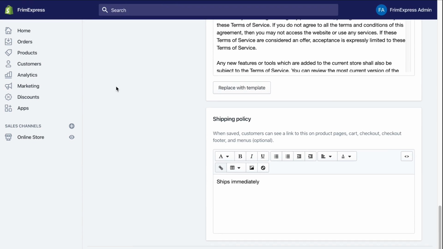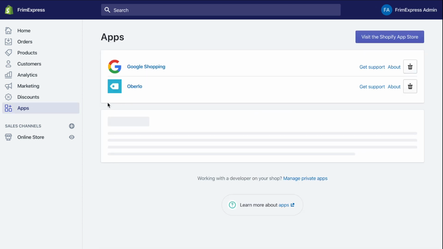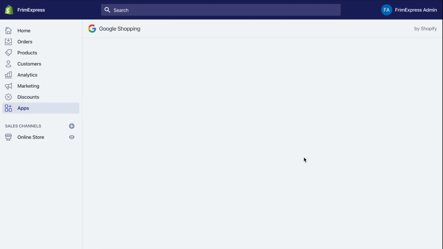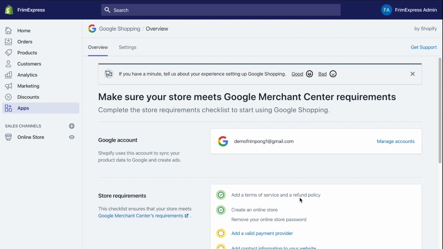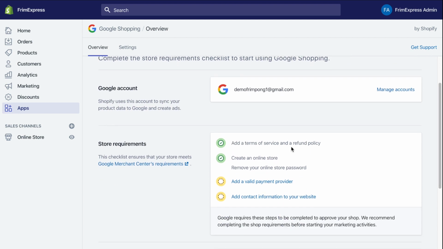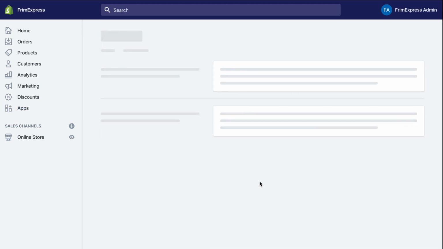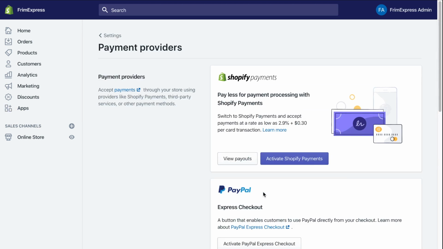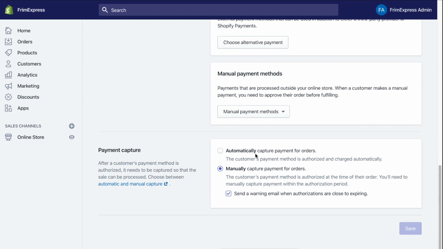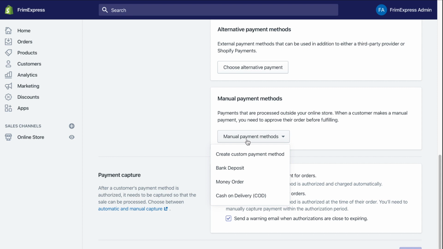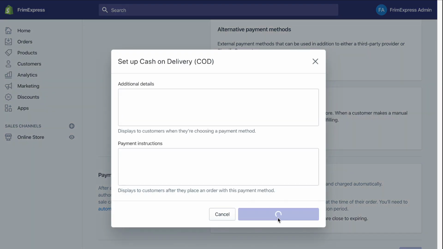Save, and then we're gonna go back to apps, and then we're gonna go back to Google Shopping. And as you guys can see, add a terms of service and refund policy has turned green. Then you have to also add a valid payment provider. So we'll click on that. For this example, I'm not going to set up Shopify payments or PayPal. I'm just going to scroll all the way down, and then I'm going to select manual payment methods. I'm just going to select cash on delivery, activate,